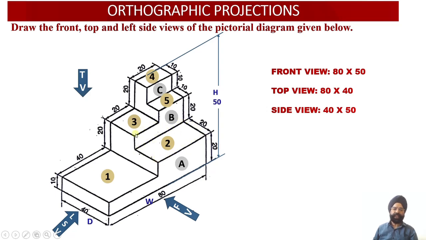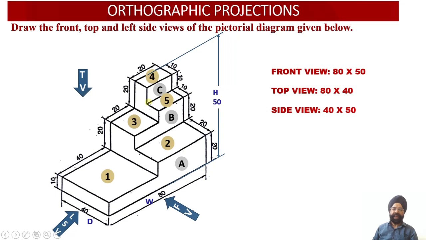Then you have surface number 3, which is having dimension. Again, it is a square block. Dimension of the square happens to be 20, right? So it is a 20 by 20 square block, and this is surface number 3. Then you have surface number 4 over here. This is your surface number 4, which is a rectangular surface, and this is surface number 5, which is again